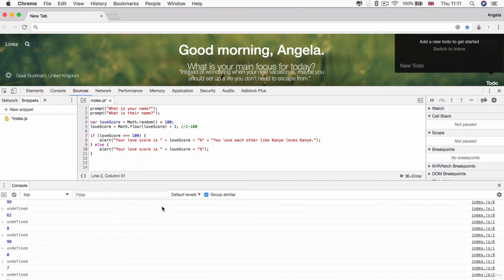Now, some of you might have realized that I would have to go through this many times until I happen to get a love score that is 100, which is quite unlikely. I mean, it's 1% likely, right? So what if we simply wanted to test for a range? Say, for example, if the love score was between 70 and 100, or if the love score was between 0 and 30. In order to do that, we would have to use something like greater than. So if love score was greater than 70, then we should get this alert,